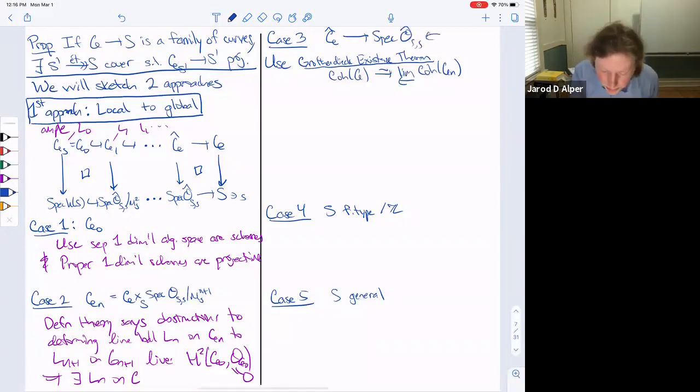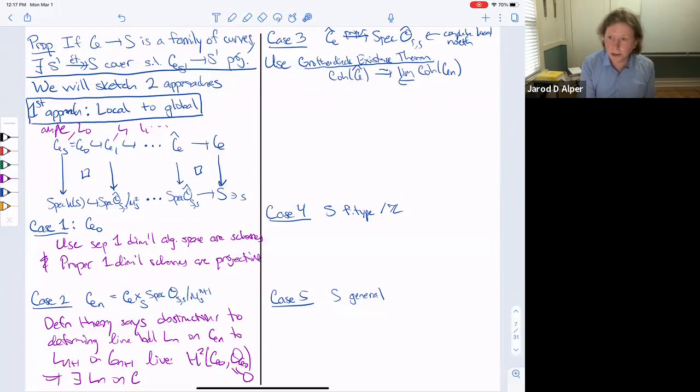To handle this case, we need to reduce to it later, so let's assume this is complete, local, and Noetherian. In this context, if you have a proper morphism over a complete local Noetherian ring, Grothendieck's existence theorem says that there's an identification of coherent sheaves on the total family, C hat, to